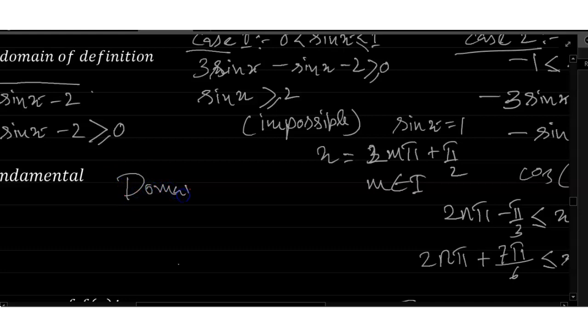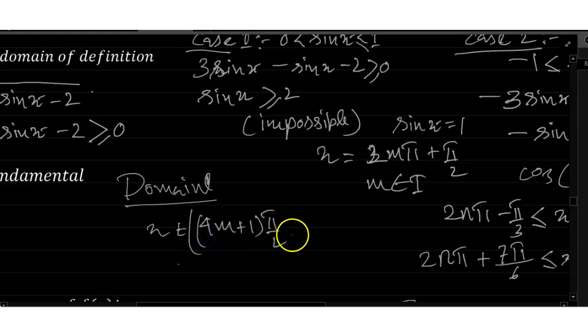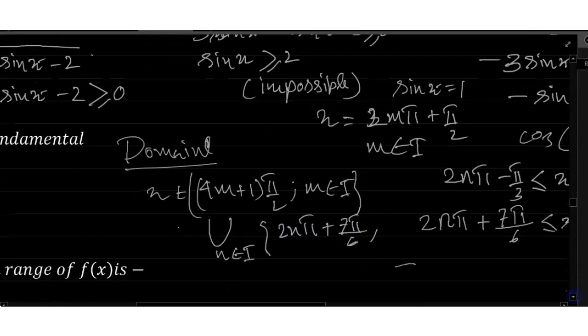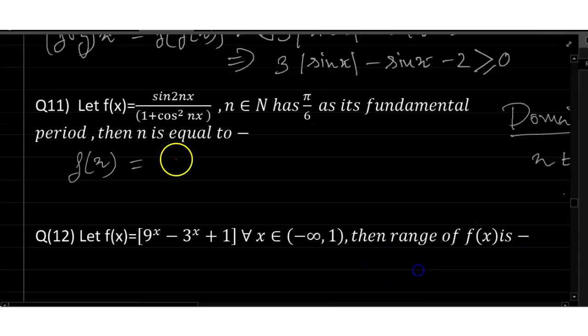So friends, our domain: x belongs to 2m plus 1 pi by 2, such that m belongs to capital I, union of n belongs to I, 2n pi plus 7 pi by 6 to 2n pi plus 11 pi by 6, equal to